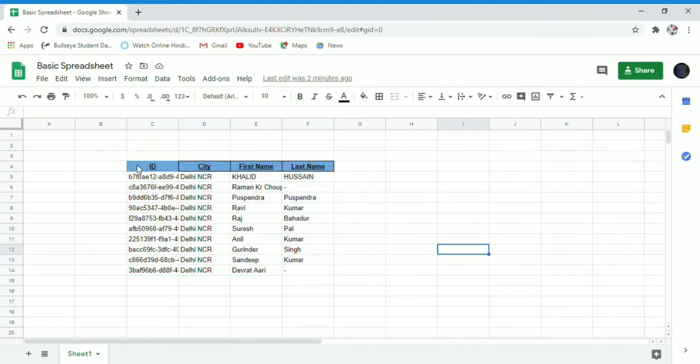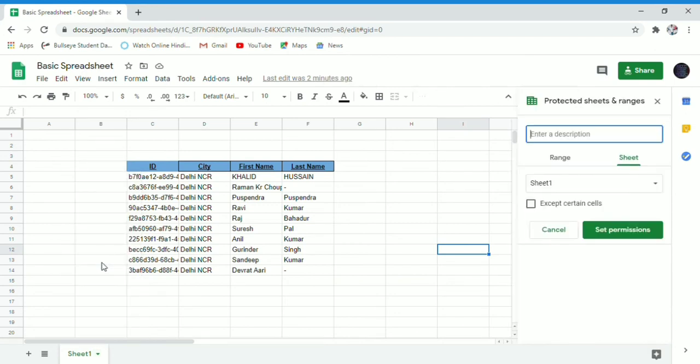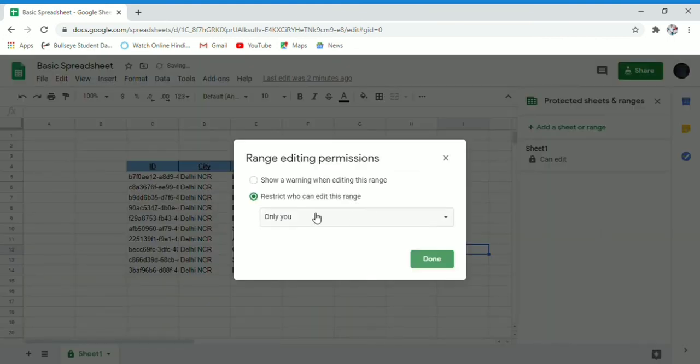So coming to the protecting part, how we can protect this spreadsheet, we can protect the subsheets also by just clicking here and clicking the left button, and then clicking protect sheet. We can set the permissions for this sheet, to whom I need to give permission to edit.